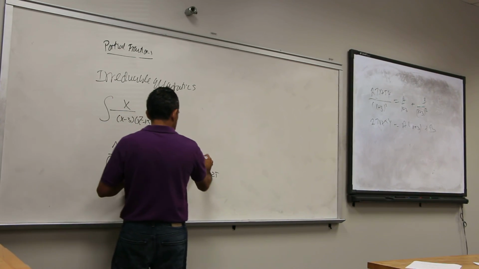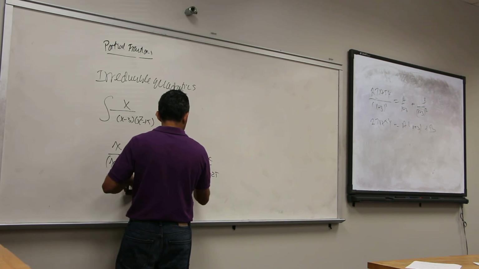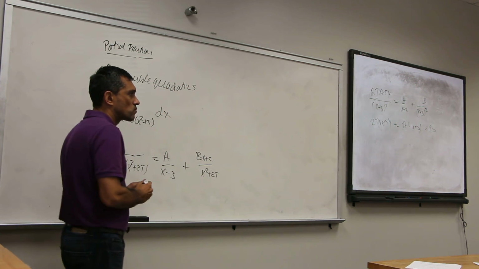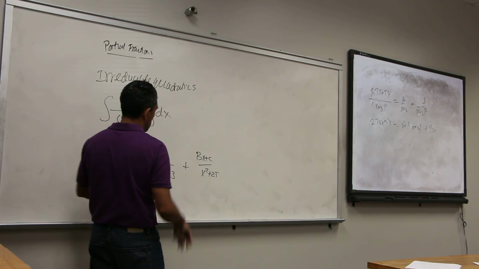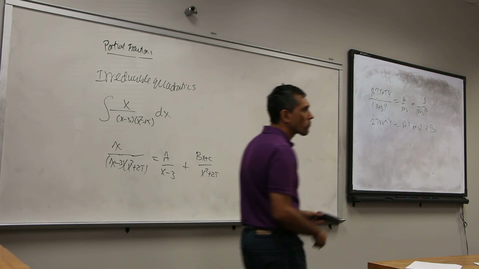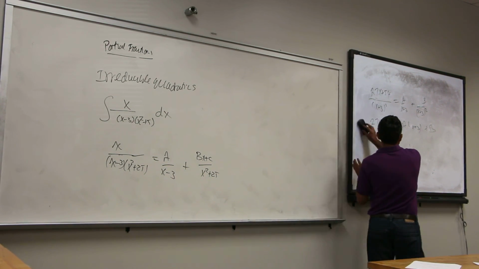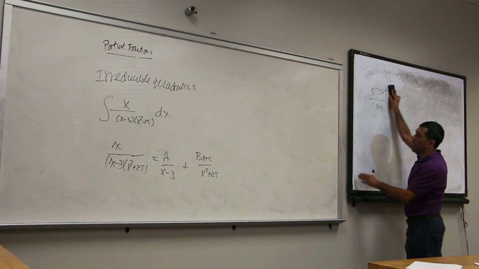But say maybe it's something like this. Now you go home, you check it, you multiply this and multiply this. And you get this. Now, how do we find the A, B,